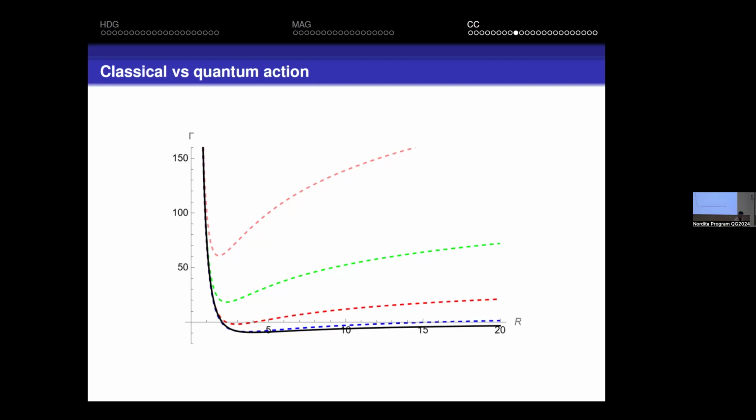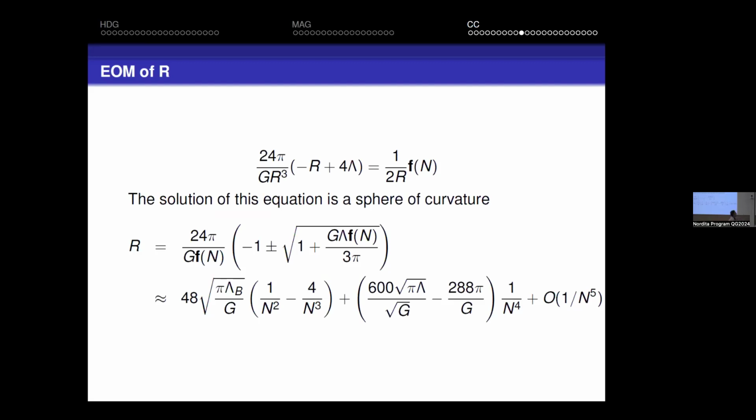And if you want to see this quantitatively, you just solve the equation of motion that comes from that action. It's just a simple quadratic equation in R. And the solution is written here in closed form. Then you expand it in N. The leading term is 1 over N squared. Then you have 1 over N cubed, 1 over N to the fourth, and higher order. So you see that when the cutoff N goes to infinity, the curvature tends to 0. Now, I'm not saying it is 0. I'm saying it tends to 0.